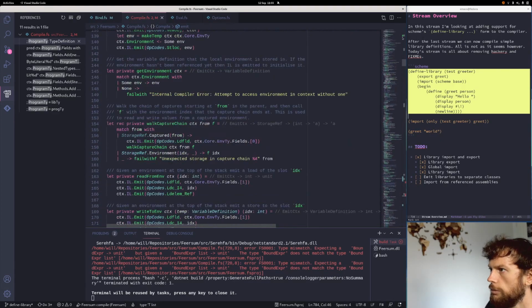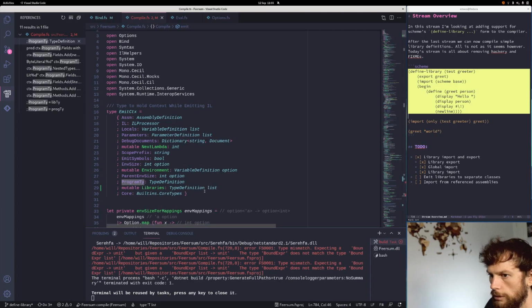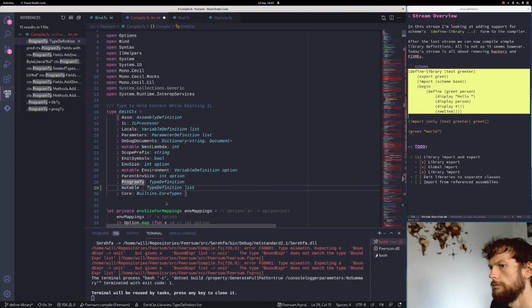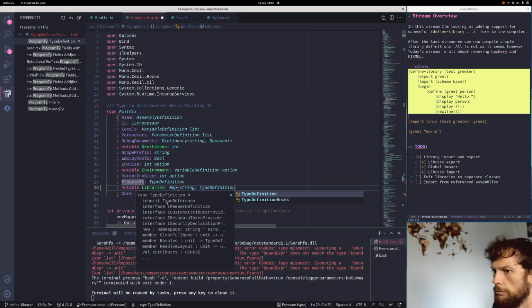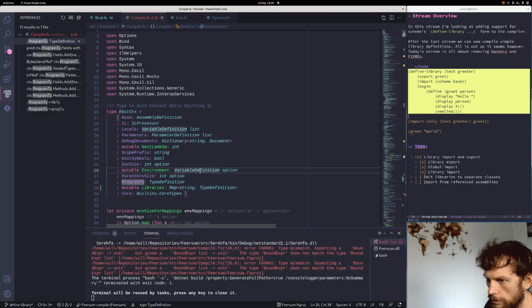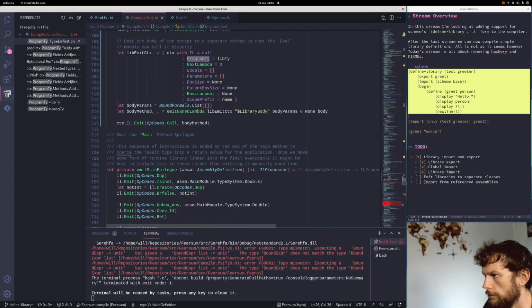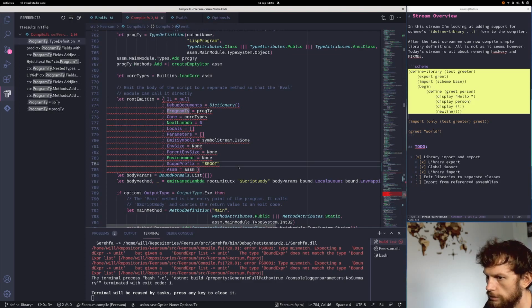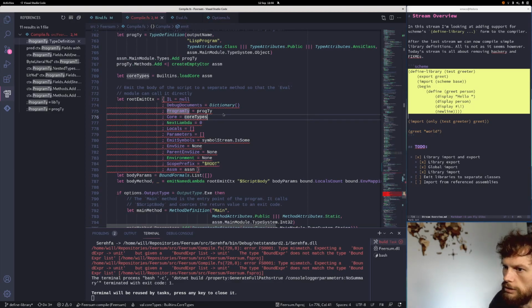We'll treat ourselves to a map so that we can look things up. Map from string to type definition. Then when we create this one, we inherit the libraries. That's fine. Down here, we've got program type, but we also want to set the libraries to be